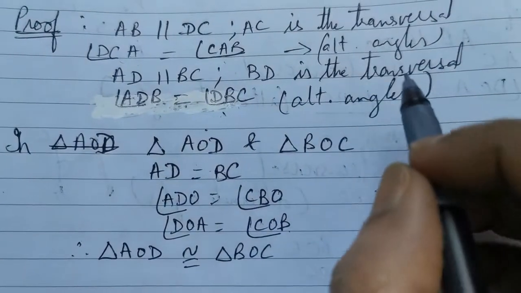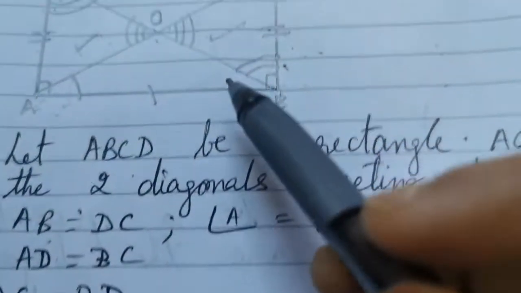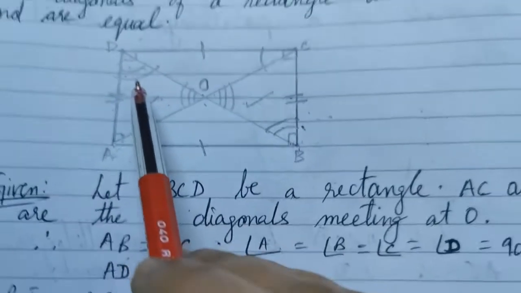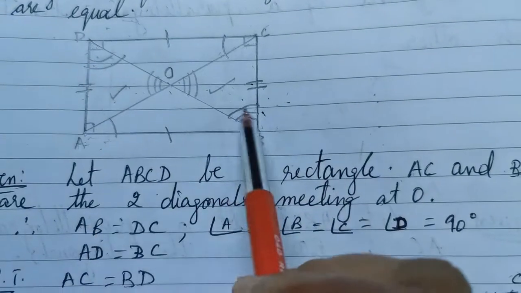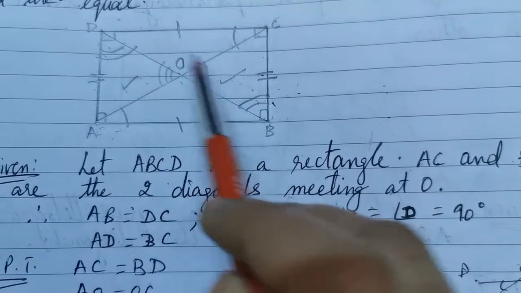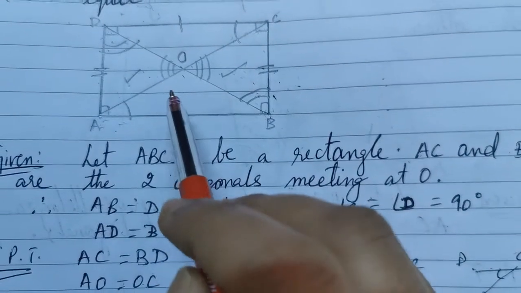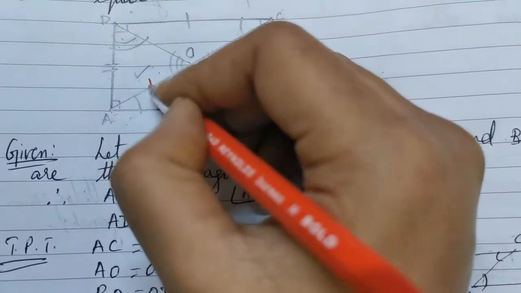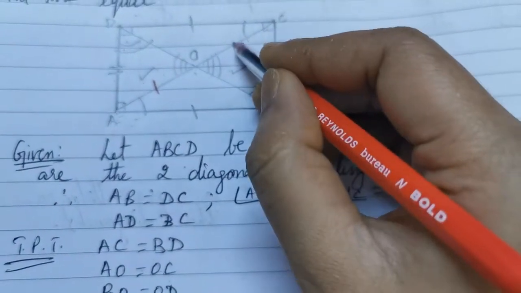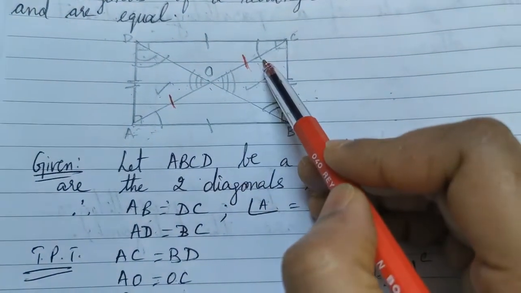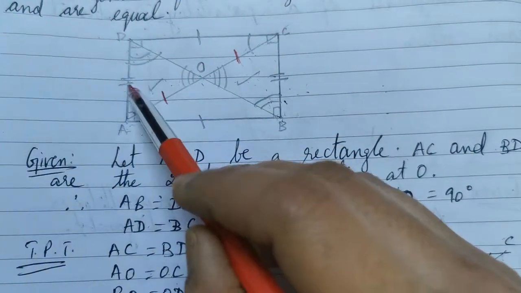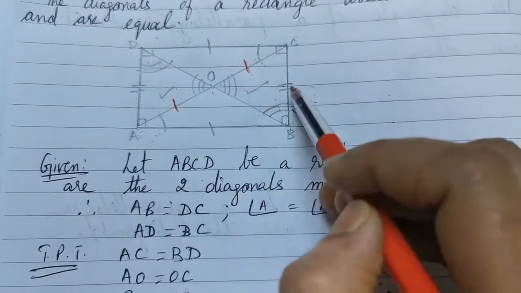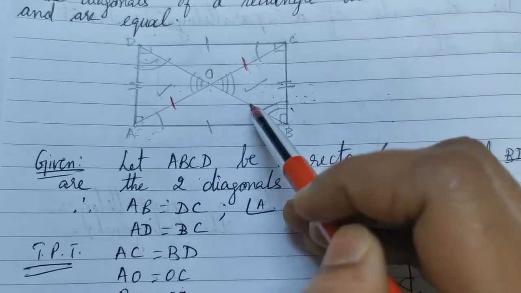Now I have to prove OA is equal to OC and OB is equal to OD. Now these two are equal angles in these two triangles. So the side opposite to them will also be equal because they are congruent triangles. So OA, the side opposite to this is here, and here it is this. OA is equal to OC, and we have the other two sides already the same and two angles the same. Since the two triangles are congruent, the remaining one pair will also be the same.